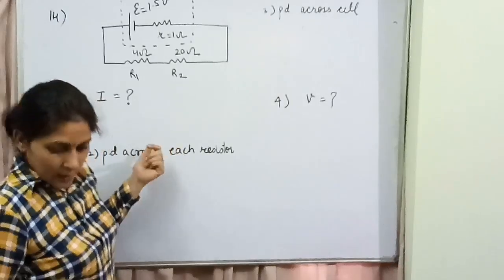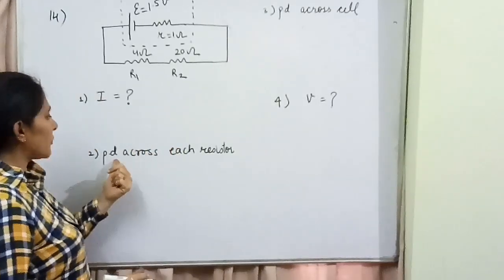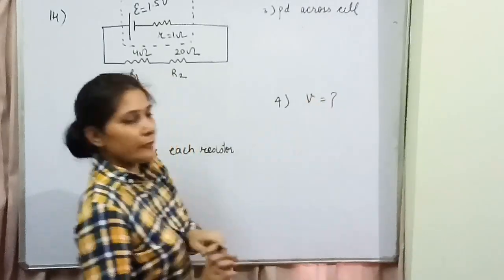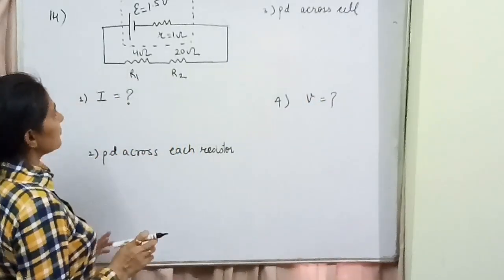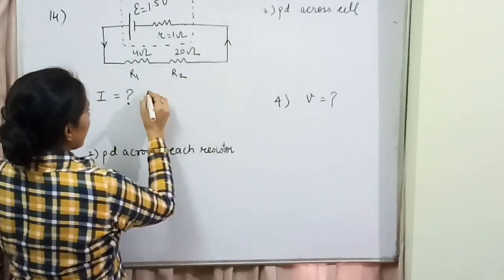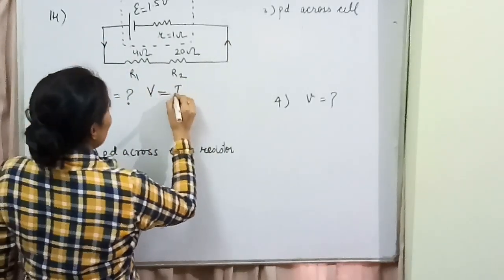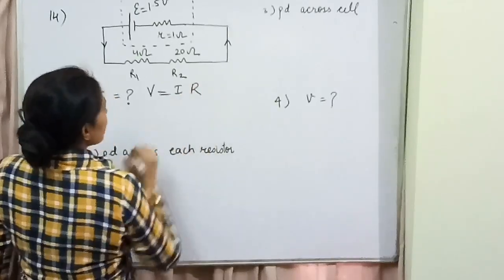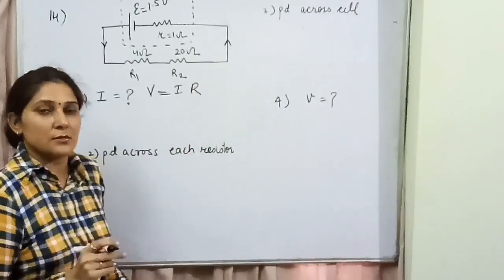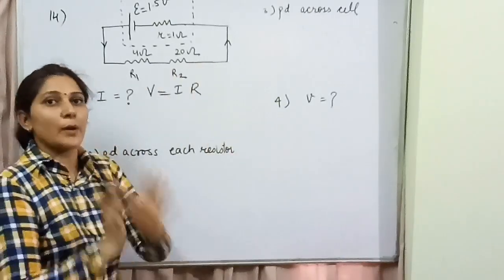Okay, what we need to find out: current in the circuit, potential difference across each resistor, potential difference across the cell and voltage drop. So we'll be starting with the first one, current in the circuit. Again we will be writing V is equal to IR. Whenever I say we need to find the current of the circuit, we will take equivalent resistance because that is applied to all the appliances